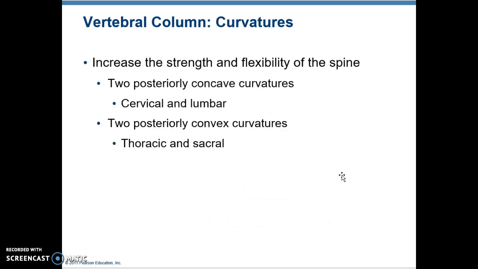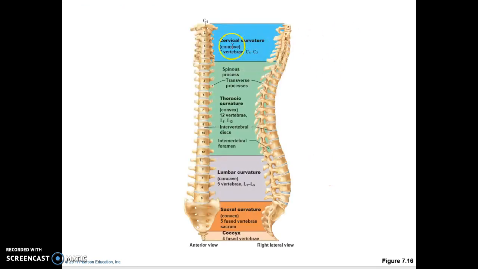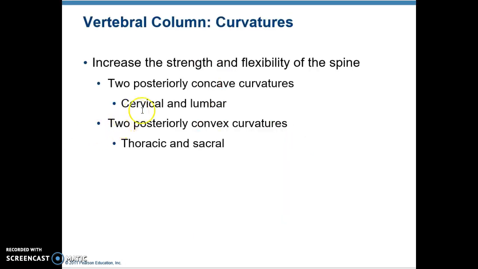Then we get to the vertebral column. There is a possible open-ended question about the vertebral column, which is you need to be able to list the four curvatures of the vertebral column and say what physical properties they impart to the spine. There are four curvatures, and you need to be able to list them: cervical, thoracic, lumbar, and sacral. And then you need to be able to say that collectively those four curvatures add strength and flexibility to your